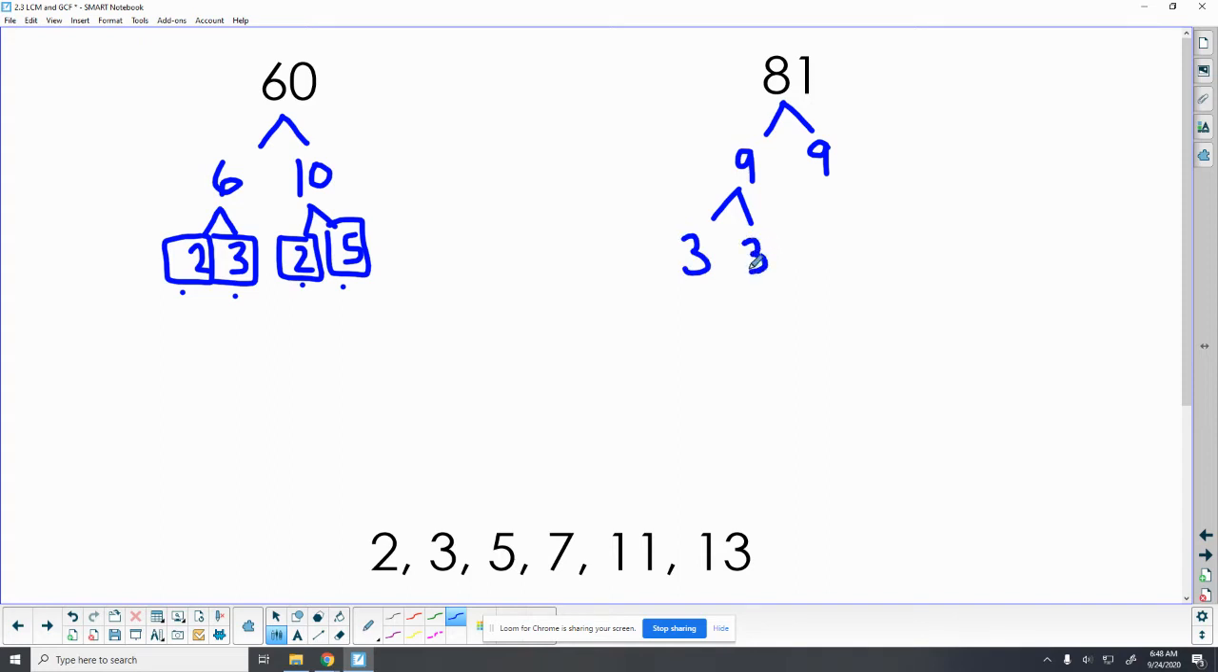3 and 3. Now 3 is a prime number, so I can box those up. And same thing here. 3 times 3 is 9. Box them up. Now all the numbers across the bottom are boxed up. So what we're going to do now is look for any numbers that are in the boxes